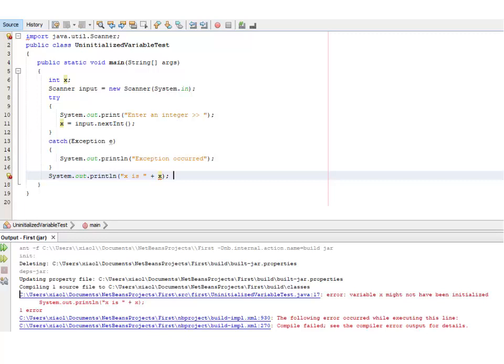If the input is invalid, the try block will be abandoned, so this line will not be executed and there will be no error. I suggest you use the first or second option: either assign a value before a try block starts, or assign a usable value to X